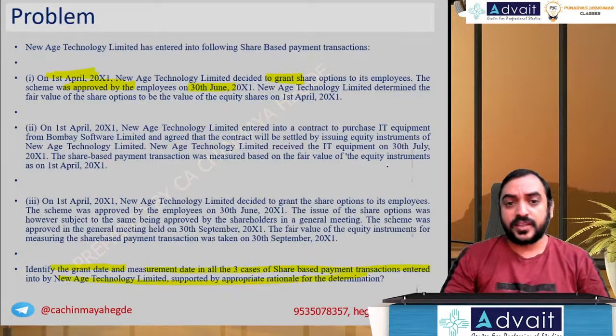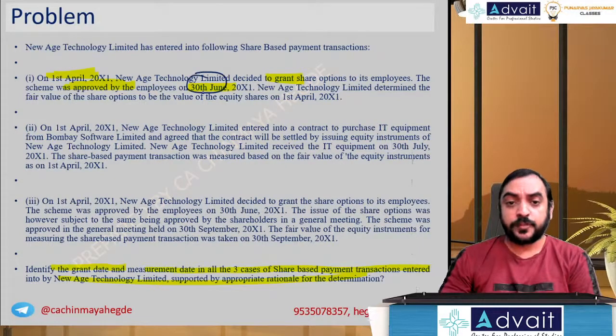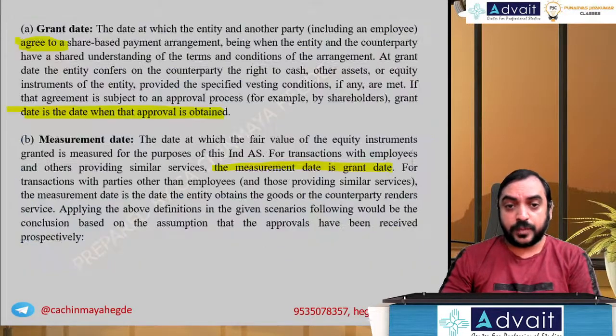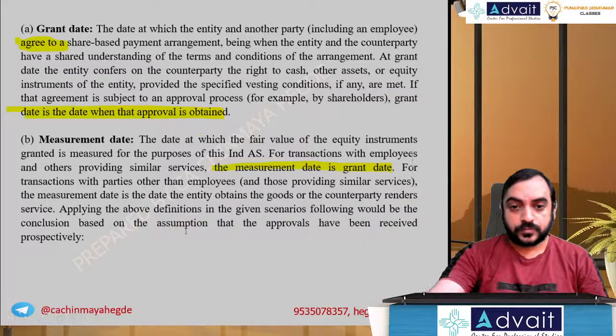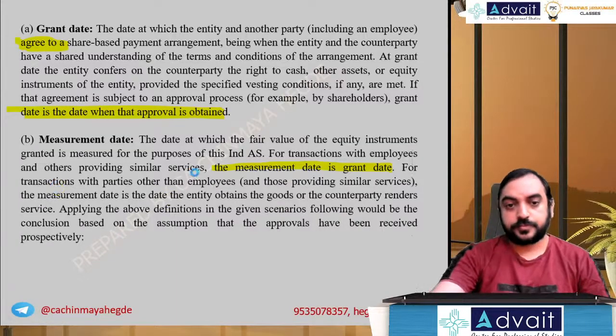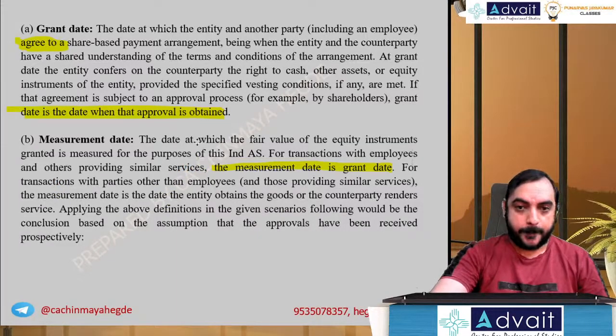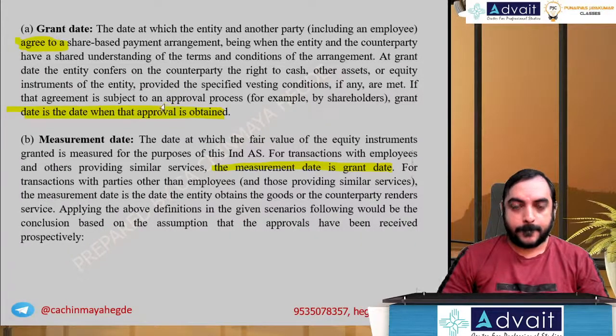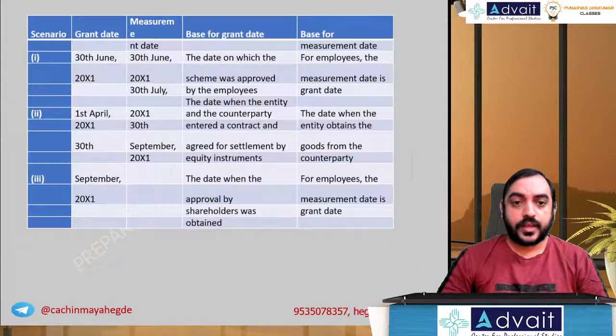Okay, so in the first case, what will be the case? Approval is on 30th of June and grant is given on 1st of April. So grant date 30th of June and measurement date